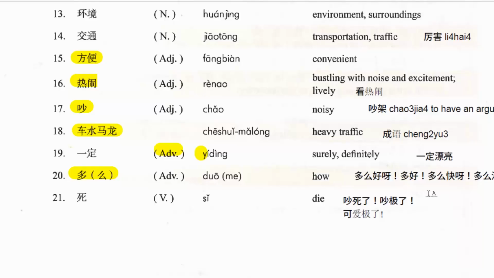I'll just wait for that to catch up to me. 可爱死了. Often they'll talk about, I don't know, a small child being extremely cute, or a panda bear or whatever it is, and they will use that 死 to express extreme degree. 可爱死了. So it's kind of like cute to death, not literally, but anyhow. So it can also be used together with adjectives that you wouldn't normally consider to be negative.